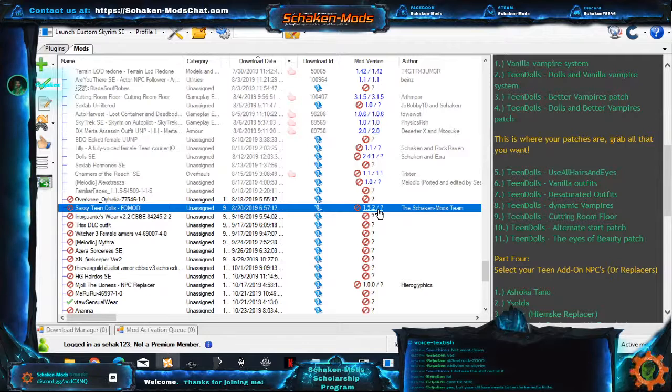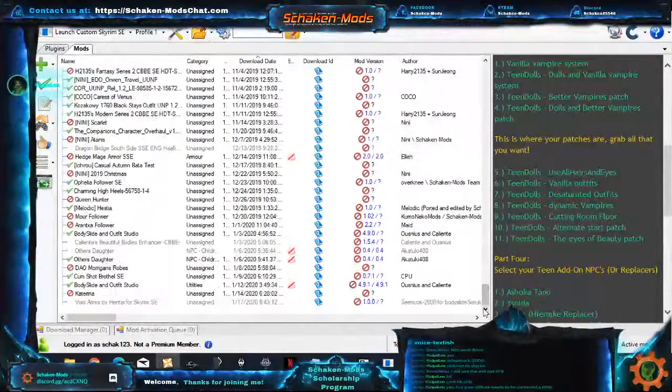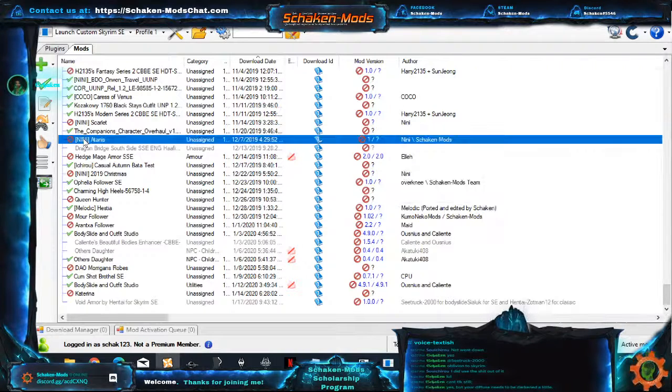But I wanted to go over a few different things with everybody. One of the best parts about the faux mod is actually the pop-ups on it. Whenever you are downloading and installing something, it'll make different sections. Well, I can just go ahead and show you right here with this mod right here,